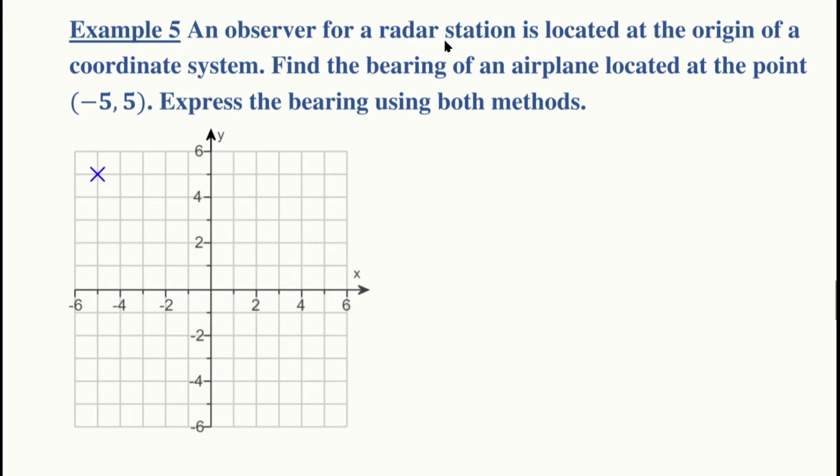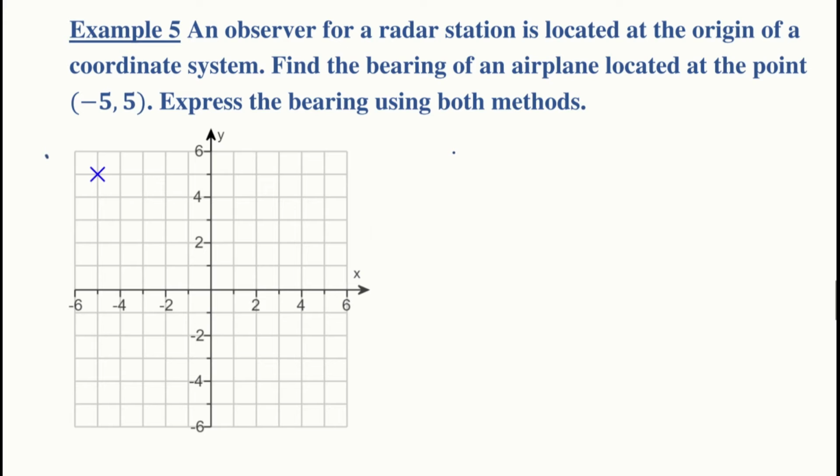Here we have an observer again, which is located at the origin. And we want to find the bearing of an airplane relative, of course, to this observer, located at the point (-5, 5). And once again, we're going to use both methods. All right, so notice that for the first method, where we're going to use a single angle, if we draw this line like this,